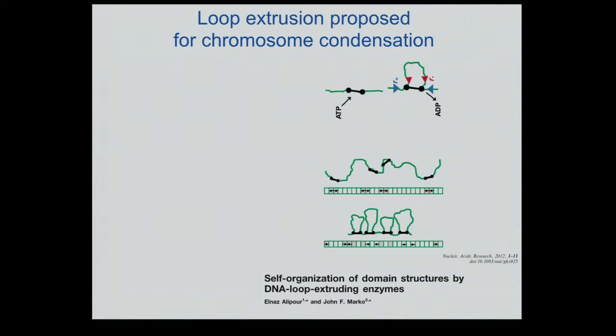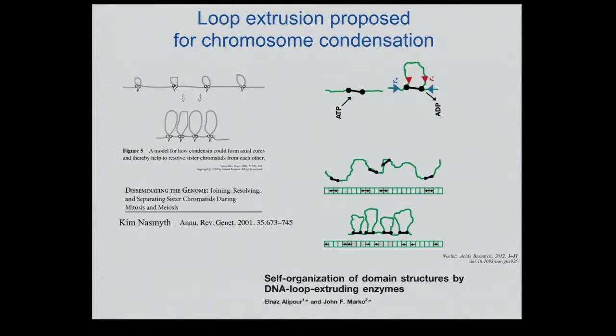Can this compact the chromosome sufficiently well? They studied a one-dimensional model, so there is no 3D model. It's just a one-dimensional model of these arch diagrams that can be created if these molecules create loops and then fall off, and I'll tell you more about this in a second. An even earlier proposal of a loop enlargement mechanism came from Kim Nasmyth, who in 2001 published a 72-page review and in one paragraph says, what if there is a loop enlargement mechanism for mitotic condensation, because that would create loops and a scaffold of the chromosome. He also suggests that it can lead to segregation of sister chromatids. Again, I'll come back to this idea.